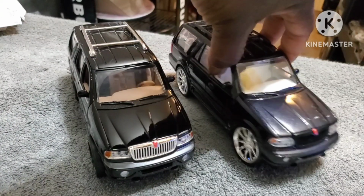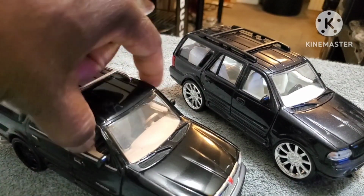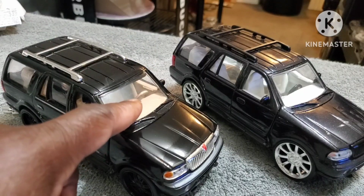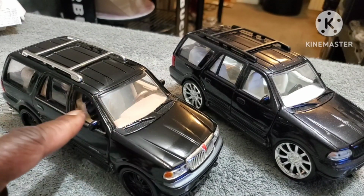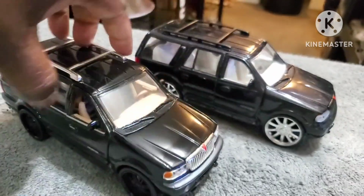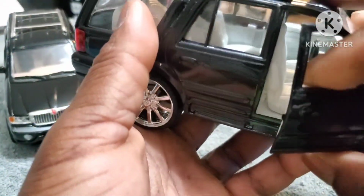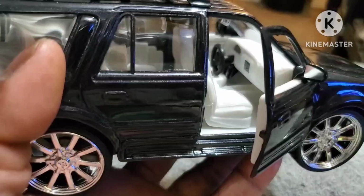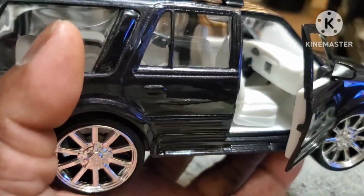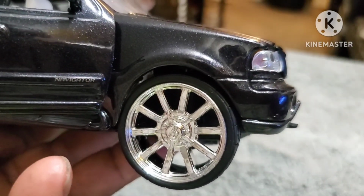But you can also see that the colors of the interior are different. This one has a tan interior, which it came like this. It's a tan interior. I didn't make this tan. The only thing I added was the black on the seats. But this one also has a white interior. As you can see, the interior in this one is white. So this one definitely has a different color interior than the other one over there. And here are the custom wheels that came on this truck. So it's definitely different from